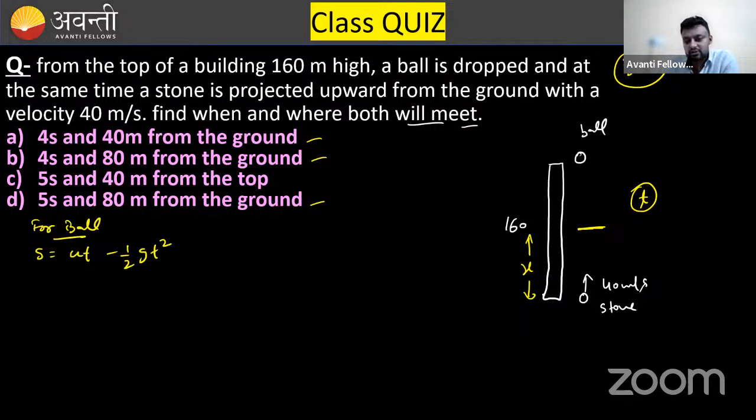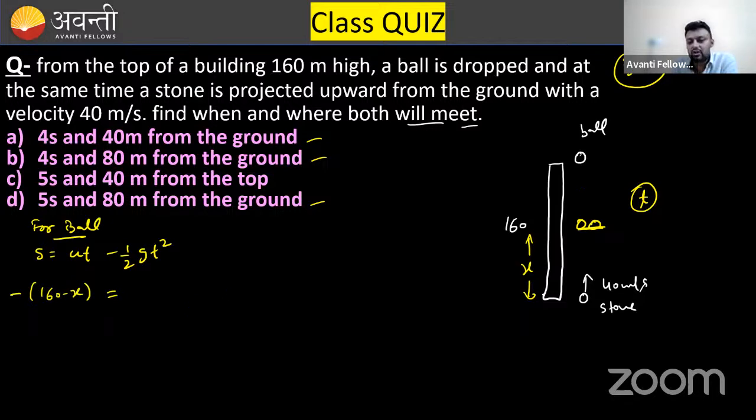Can anyone tell me what is the displacement of the ball up to this point? They will meet at this point. This is ball and this is stone. What is the displacement? It will be negative or positive. You can see that the final position is below the initial position. That means it is going to be negative. And how much negative? Total is 160, X is there. So it is 160 minus X